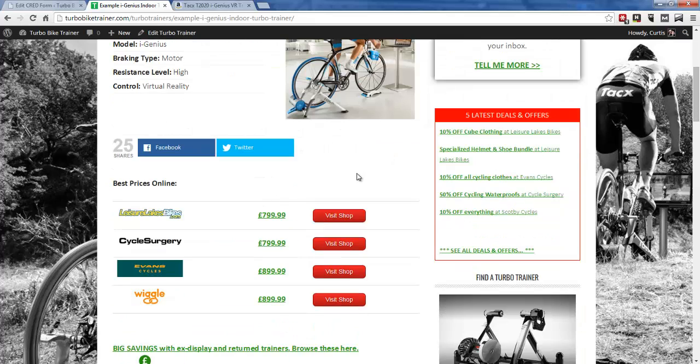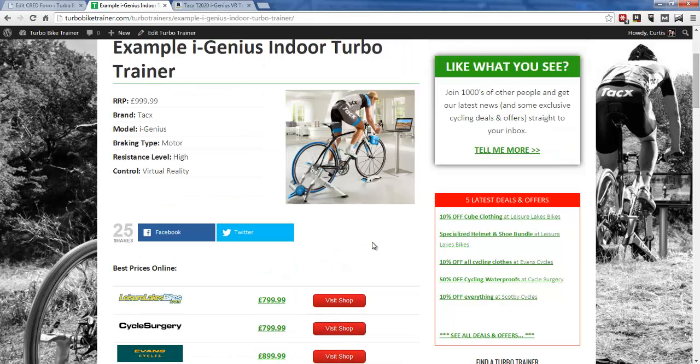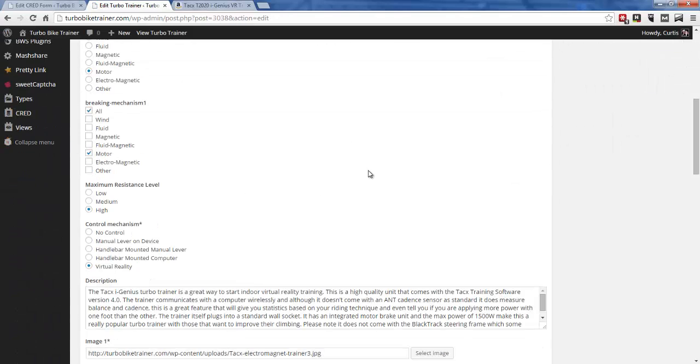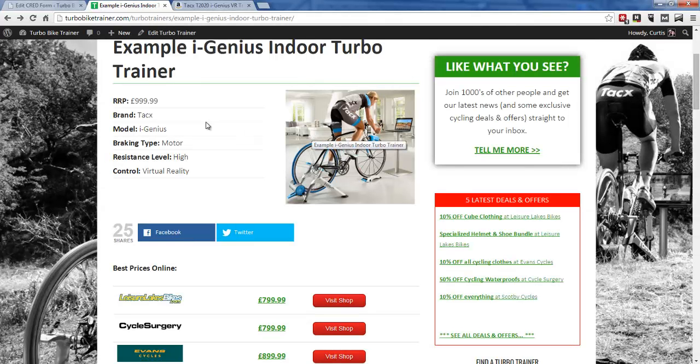But what happens if something went wrong here and I want to edit this form, and we don't want to just go into the page. I can click edit turbo trainer here, and it's created a new turbo trainer with all the things filled out that we said at the front end. But we don't want to do this. There's no point in having a front end form if we're going to have to go into the back end to edit it. So what we can do is use Cred really easily to create an embedded form